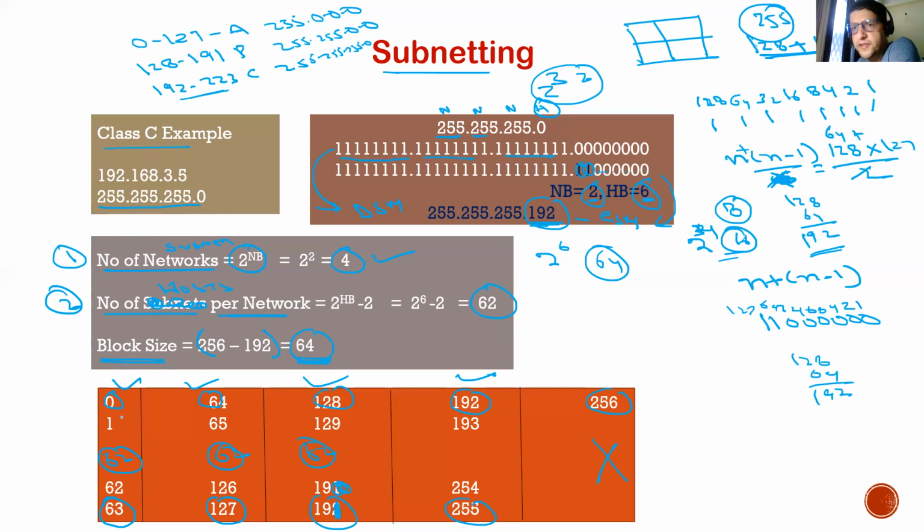So that means we are designing it properly. So this is how we can check. I have designed 4 networks. In each network, I have 62 hosts. And if I compare that with this example now, if I take the first subnet, it is going to start with